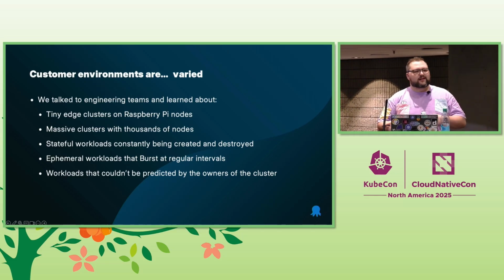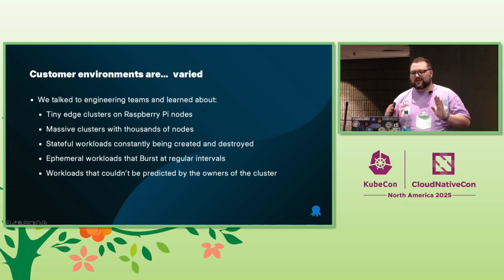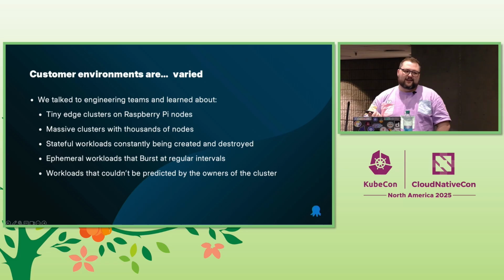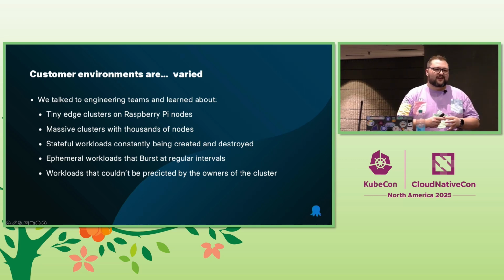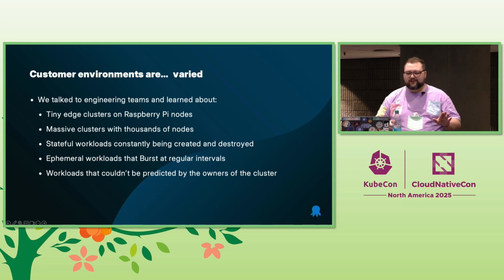I think Chick-fil-A runs tiny edge clusters on Raspberry Pi nodes, which I think is actually known at the moment as the Chick-fil-A model. Big ups to Chick-fil-A. That's great food, great Kubernetes. But yeah, the variety of these different kinds of clusters means we can't just support a single pattern, right? Because some of them are gigantic nodes, gigantic clusters. Some of them are tiny clusters, but super underpowered nodes.